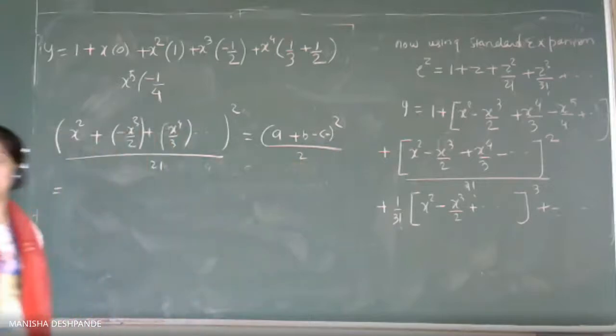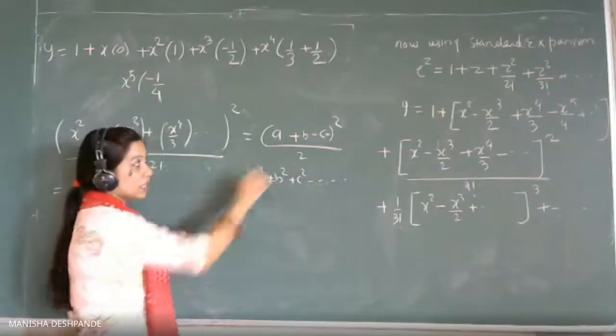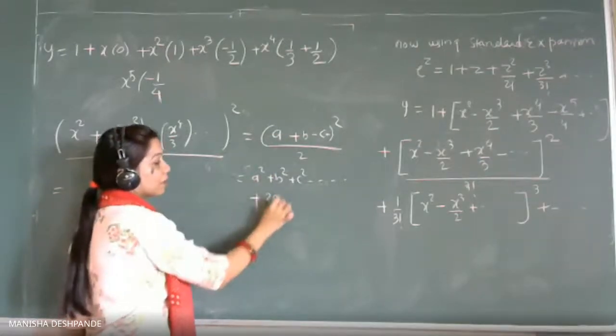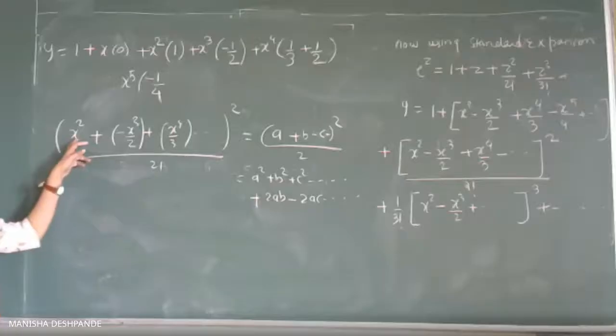What is the formula of a plus b plus c or whatever square? The formula is a square plus b square plus c square minus or plus 2ab minus 2ac, isn't it? So by the square of this I am getting x raised to 4, but if I